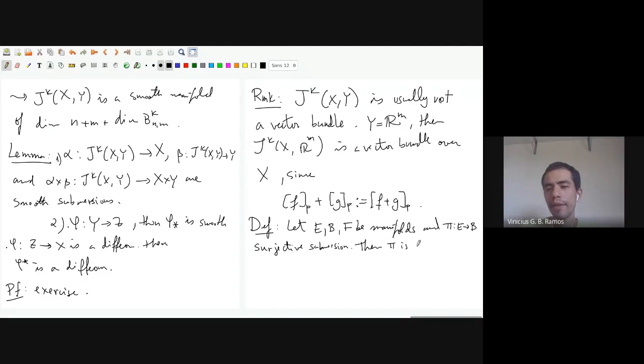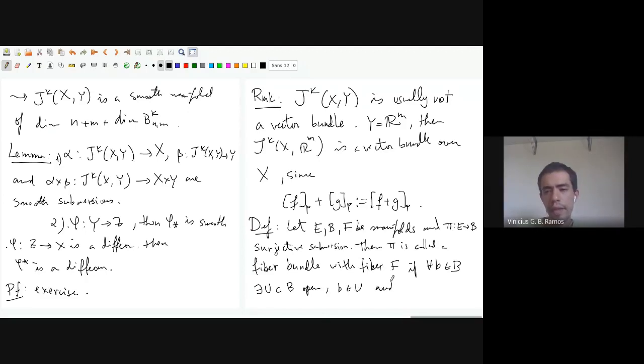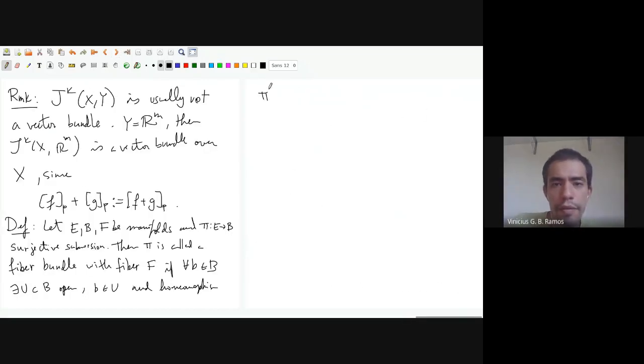Then pi is called a fiber bundle with fiber F if for every b in the base there exists an open neighborhood U containing b and a homeomorphism from pi inverse of U, it's homeomorphic to U times F,